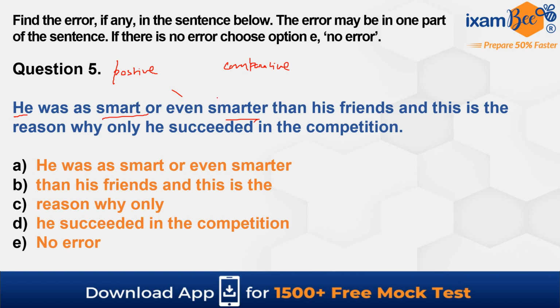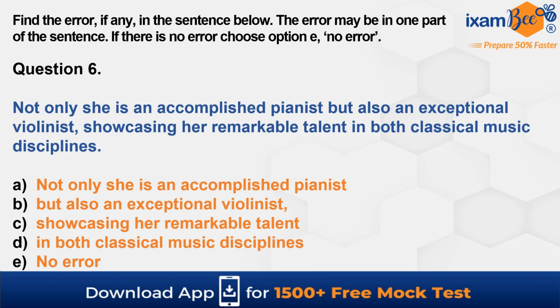You know that smart, smarter, smartest, these are the three different degrees of the adjective "smart." So "he was as smart." Again, just like the previous question, "as" is missing here. So it should be "as smart as," right? And with "smarter," you already have "than." No need to change this. There's no error here. The error lies in the first part, part A. So A is your correct answer, right? Okay, next question. "Not only she is an accomplished pianist, but also an exceptional violinist,